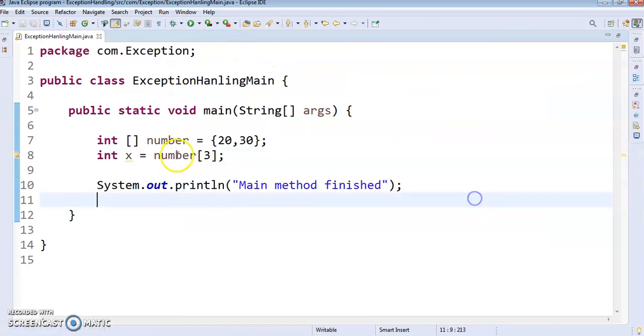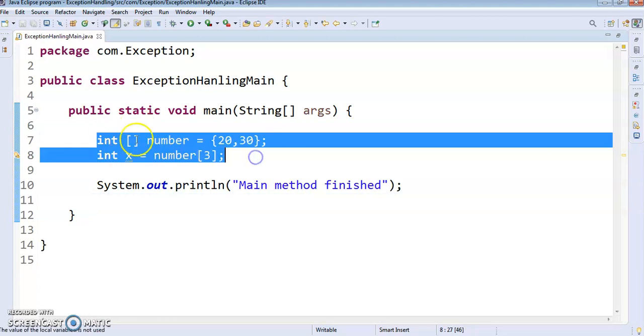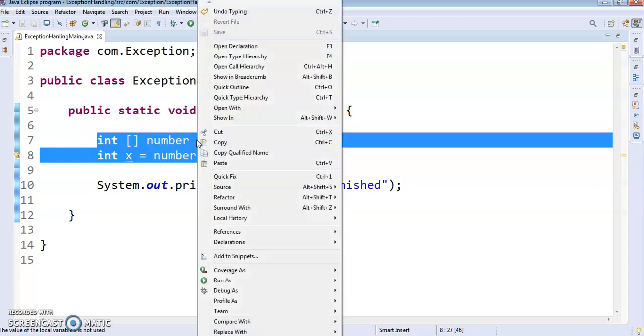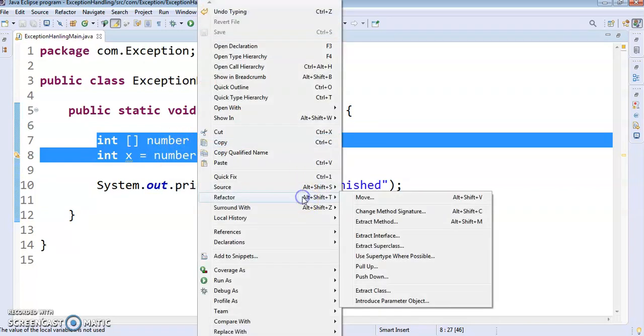Before that, if I want to put this code under some method, we will right click on this and go to refactor. There is one option, extract method. That means we want to call this particular code from another method. So for that we will put all of this into one method.